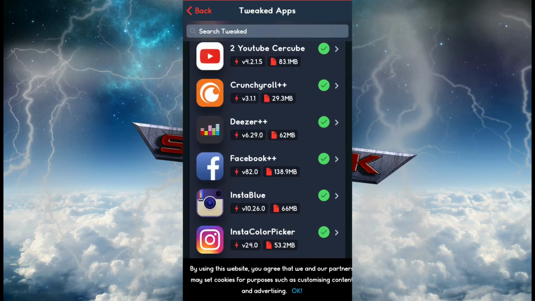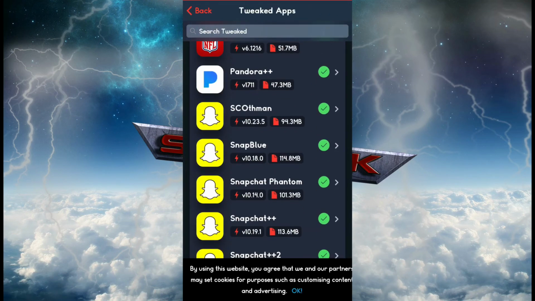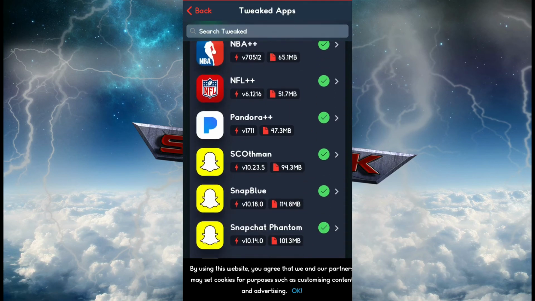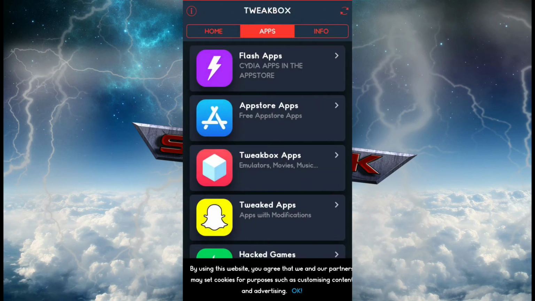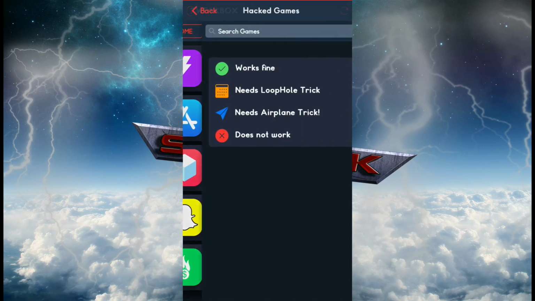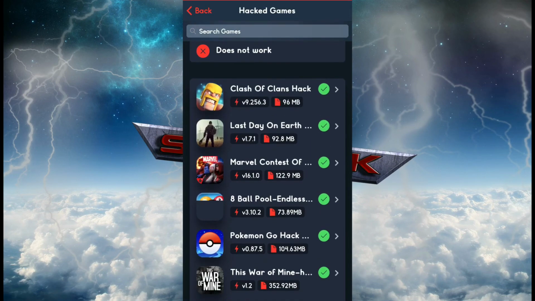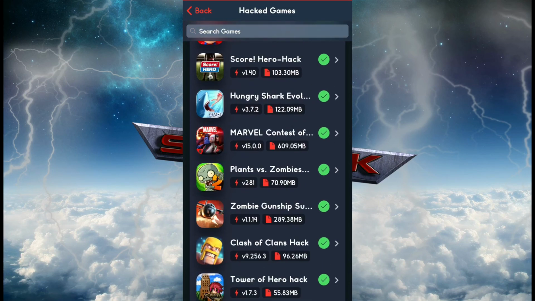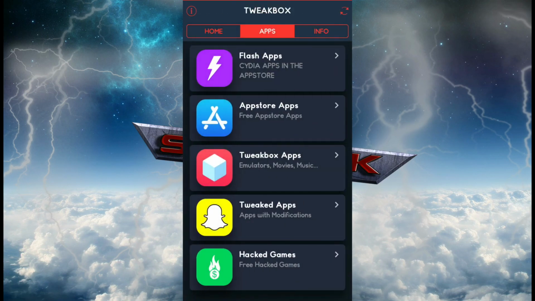Next thing, you got all your hacked media apps. You got your hacked Snapchat, you got your hacked Facebook, Instagram, etc. After that, you got your hacked games for people that want hacked games like The Last Day on Earth, Marvel's Contest, Pokemon Go, etc. All these apps on here are all free, and you guys can definitely download them, check